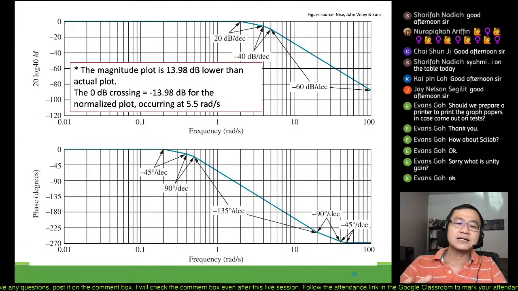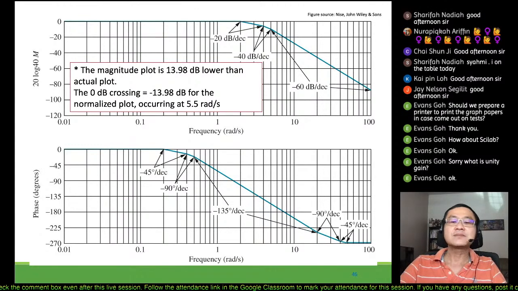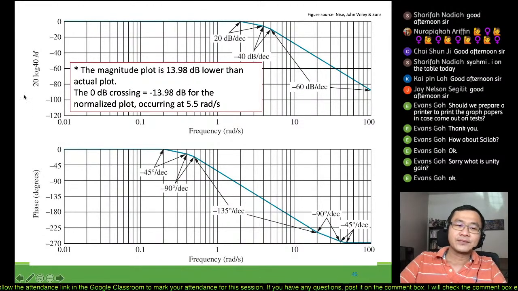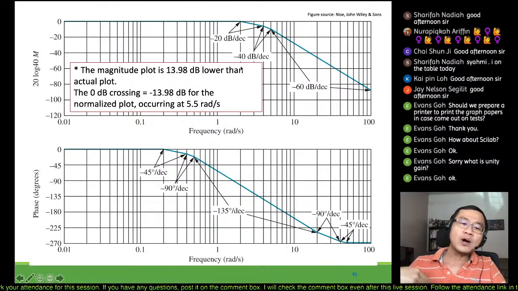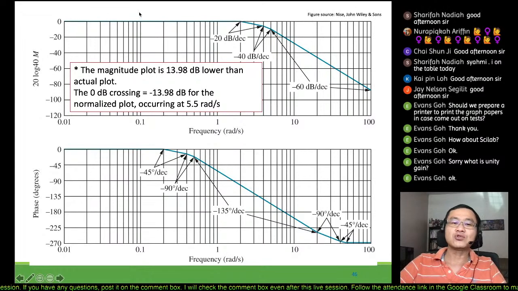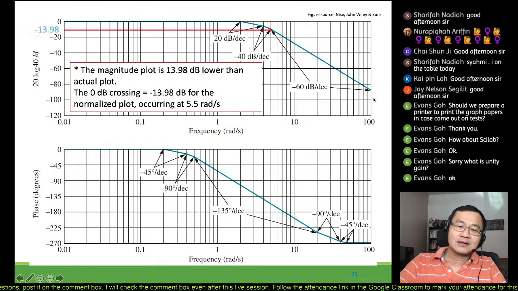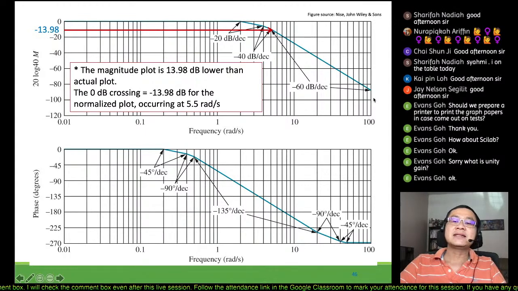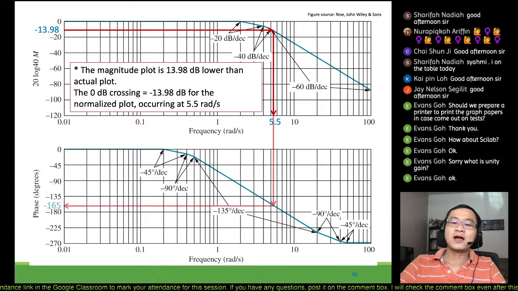Then on the other side, if we want to get the phase margin, we have to draw it from the magnitude plot 13.98 dB lower than the actual plot. So this is our actual plot, 13.98 dB lower, and then from that, which occurs at 5.5, we just go through it, and you can see that eventually we get